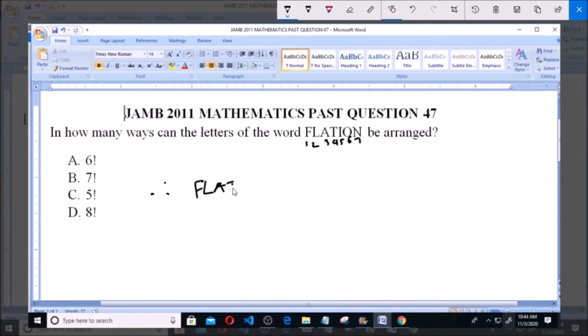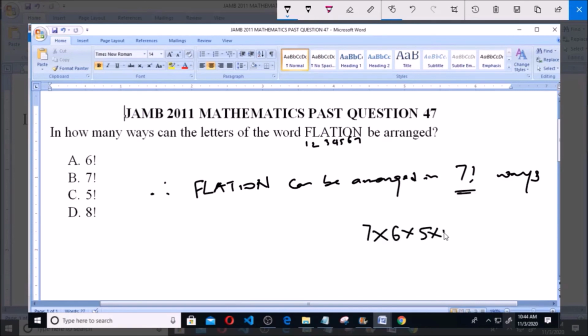Affliation can be arranged in 7 factorial ways. Since it has 7 letters, it can be arranged in 7 factorial ways. This 7 factorial simply means 7 times 6 times 5 times 4 times 3 times 2 times 1 ways. So the answer is option B,